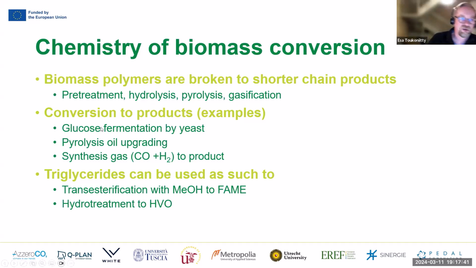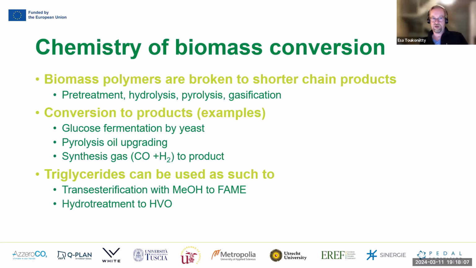So this glucose can be obtained from cellulose. So that would be then the second generation biofuel. So you utilize sawdust or some biomass that is not food for anybody. You hydrolyze it or pre-treat it so that it eventually breaks into those sugar monomers, and then the yeast can